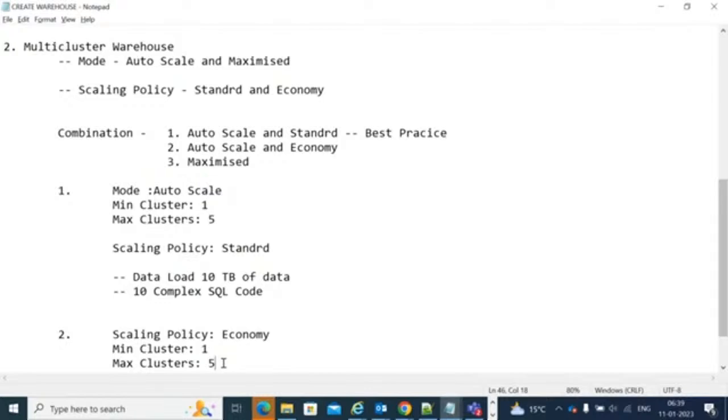Yes. Means in this economy, whenever we select the scaling policy economy and run queries, it will wait for approximately 6 minutes. No, internally it will not wait. Internally, it will calculate whatever 10 queries you have submitted. It will consider that it received the 10 queries, and whether it can complete these queries within 6 minutes or not. If yes, I am able to complete these queries in 6 minutes,